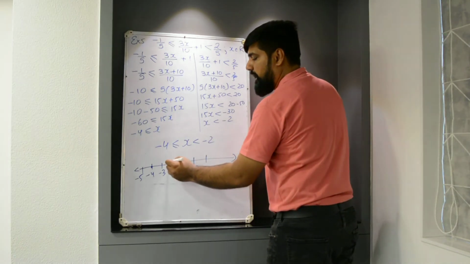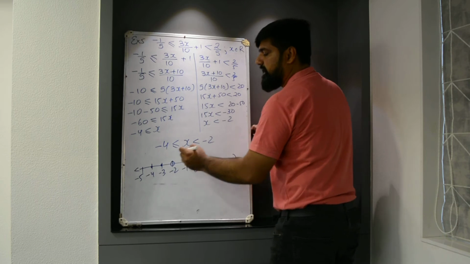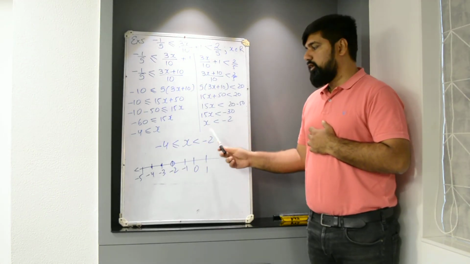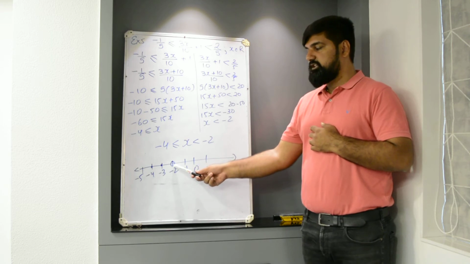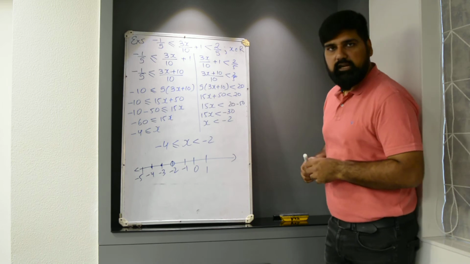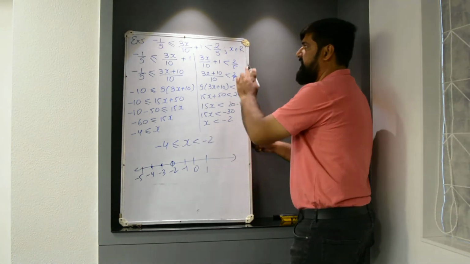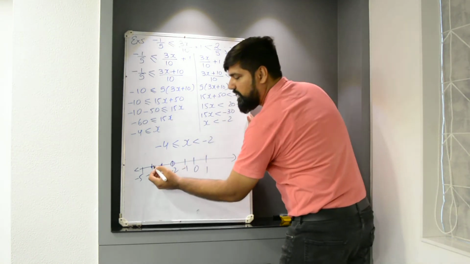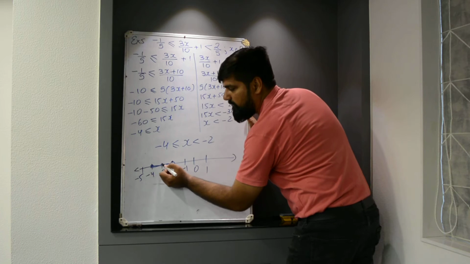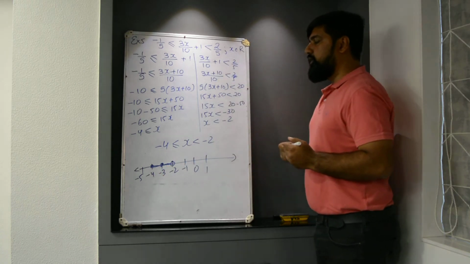And it will go up to, it will include 3, but it does not include -2. So on -2 we'll just put a circle. We won't shade the circle because -2 is not included. But since x belongs to real numbers, we'll also highlight the line because we will include